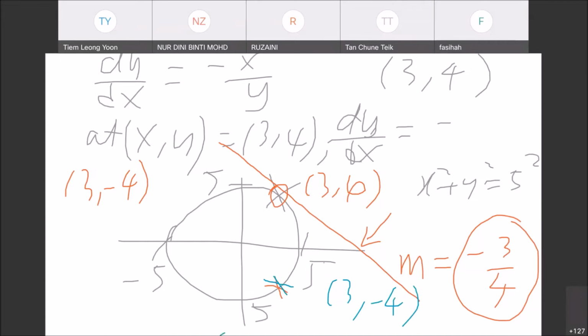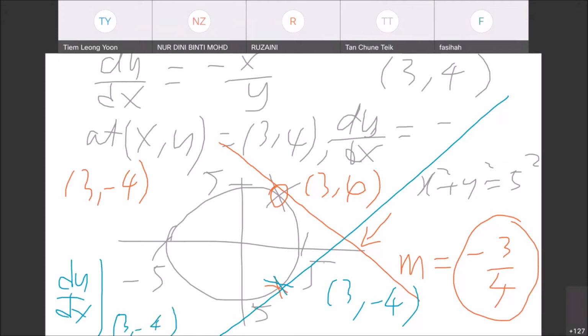Then you draw a slope. Right? So this is a slope. And I do not know what this slope is, but the slope definitely must be positive. So according to this formula, the dy dx at the point x, 3, minus 4. That is how I write down my answer, right? So it becomes clear